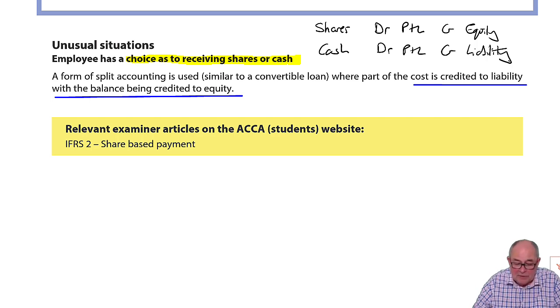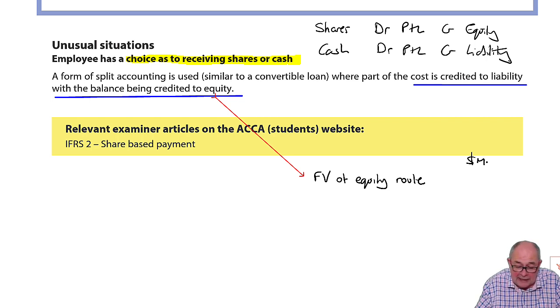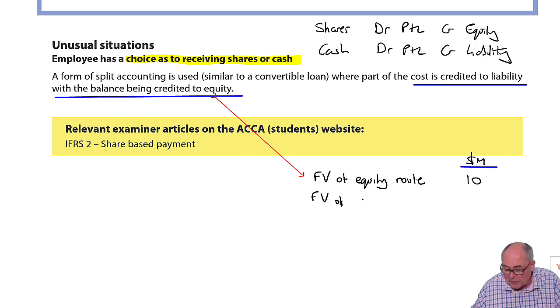There's a little formula to work out the equity component. Again, I wouldn't get too excited, but to sort out the amount that relates to equity, you take the fair value of going down the equity route, if you like. That's how I think the standard expresses it. How will you work it out? You'll be told that, so don't panic. So if the fair value of getting shares is 10, the fair value of going down the cash route or liability route is, say, 8,